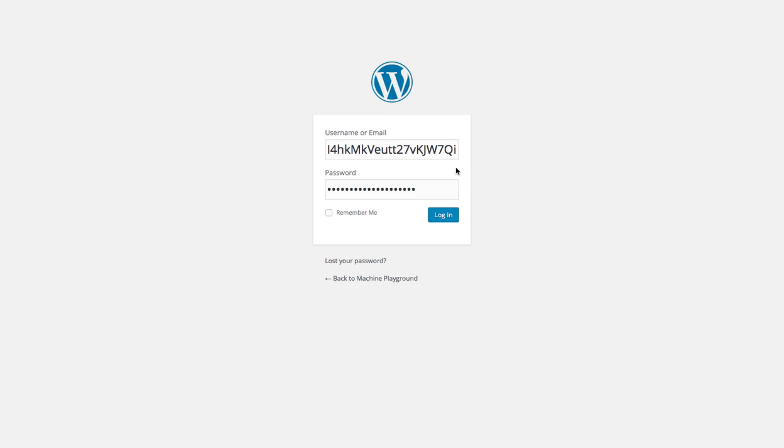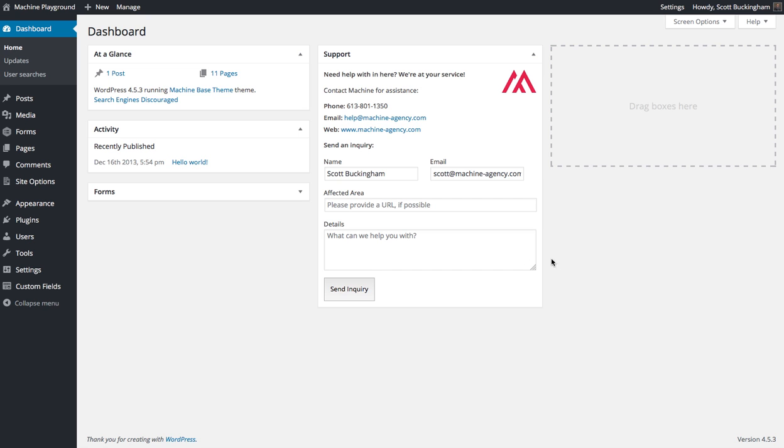We're looking at the WordPress login screen for the machine playground. We're going to go ahead and log in. And once logged in, we're going to create a new page to look at some of the different structural layouts